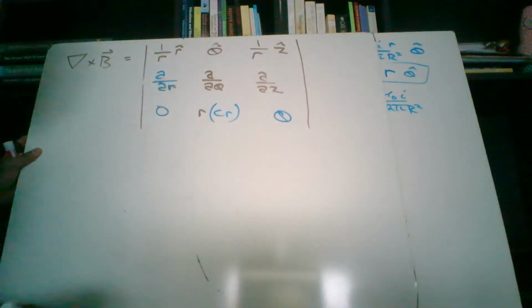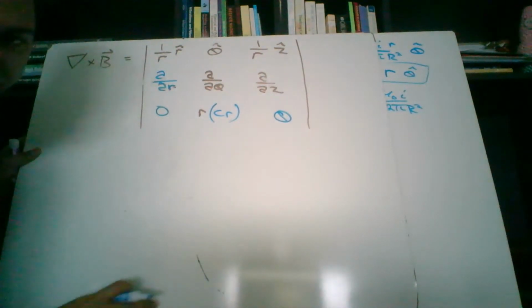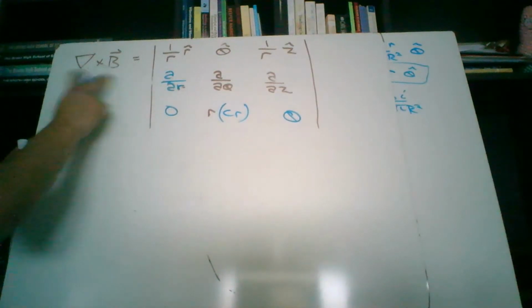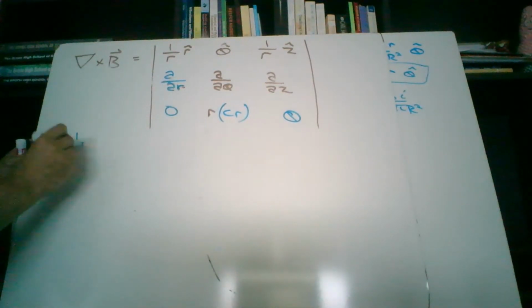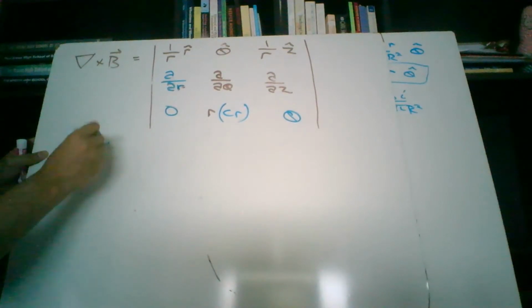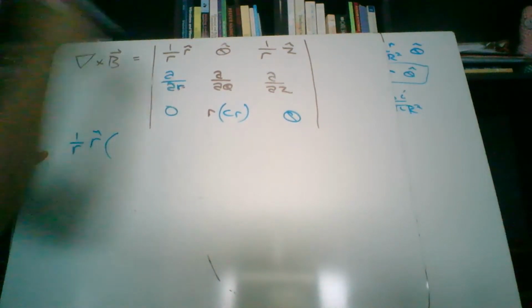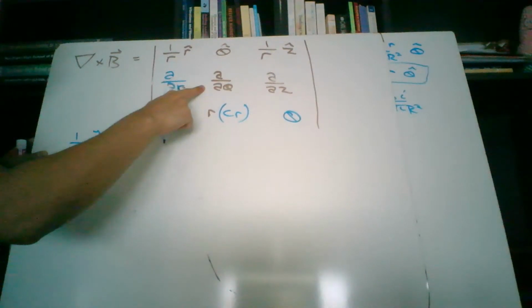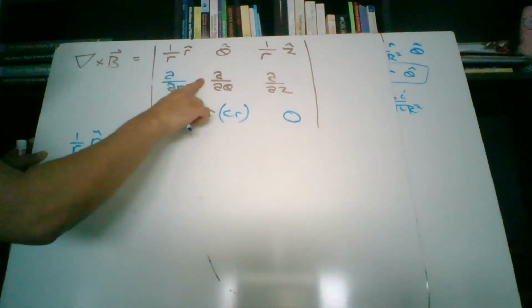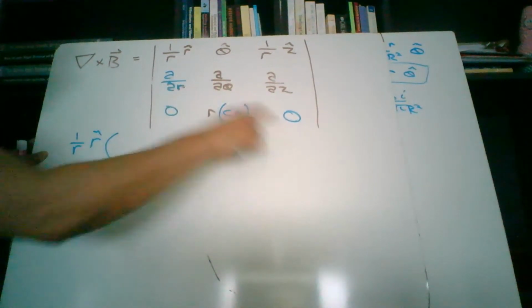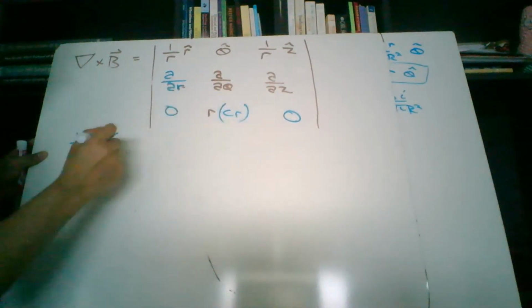So what are we going to get here? Let's see here. Hey, Helen. So if we take the determinant of this, it's going to be 1 over r in the r hat direction multiplied by, okay, so I wrote theta here. That should be 0. The derivative with respect to theta is 0